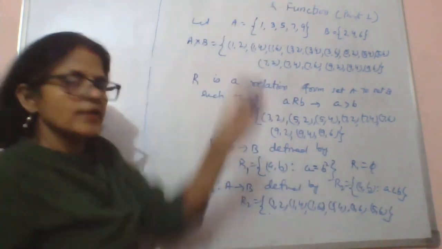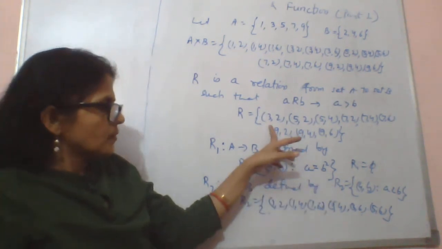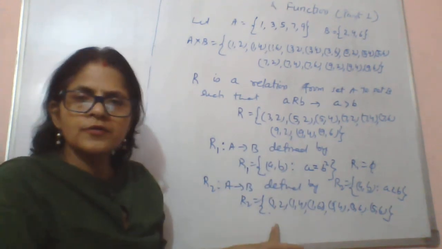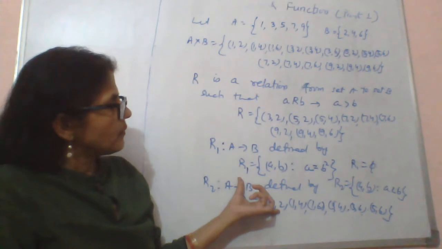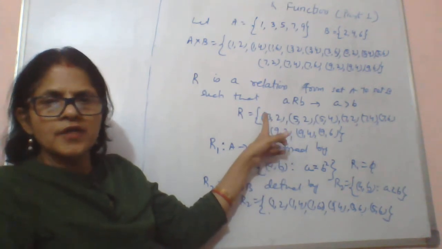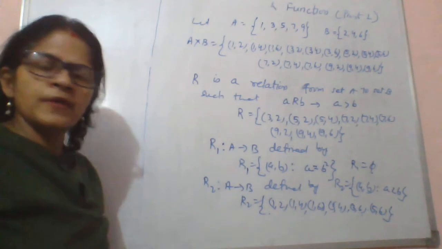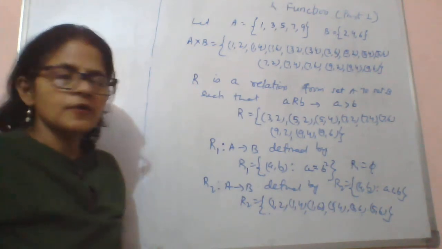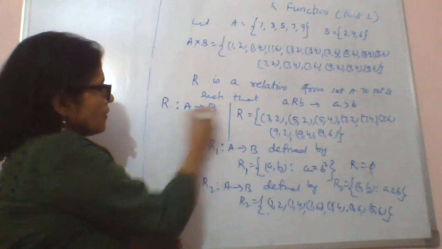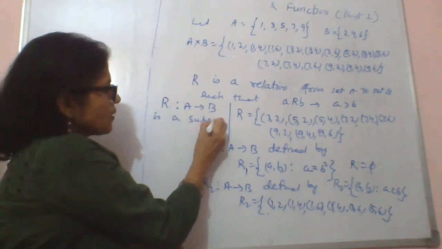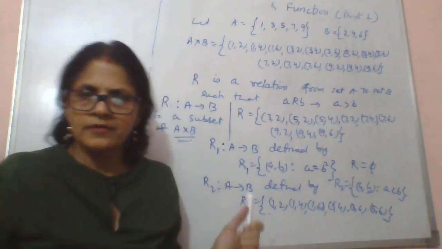Okay, so here you see, whether I take A equal to B square, A greater than B, A less than B, A equal to B, A square equal to B, any type of relation I take, all the ordered pairs will be subsets of this A Cartesian product B. So whenever we take any relation R from A to B, it is a subset of A Cartesian product B. We define it like this: the relation R from A to B is a subset of A Cartesian product B. That we have done in standard 11th.